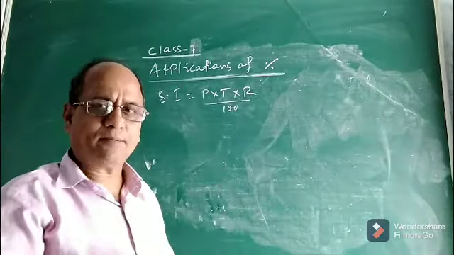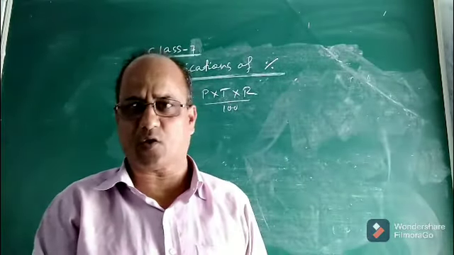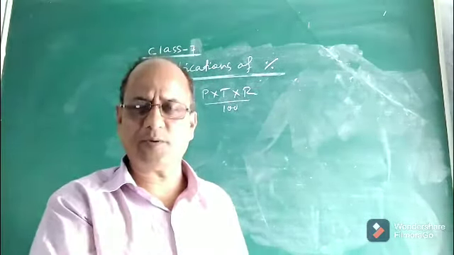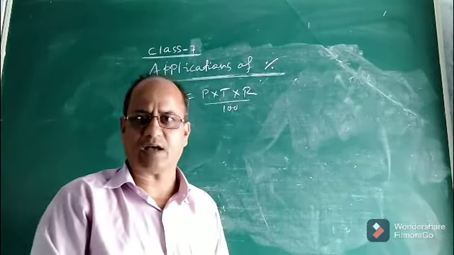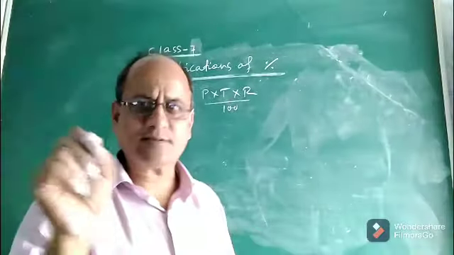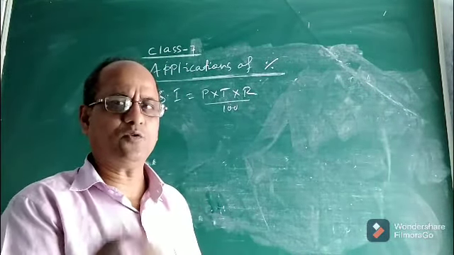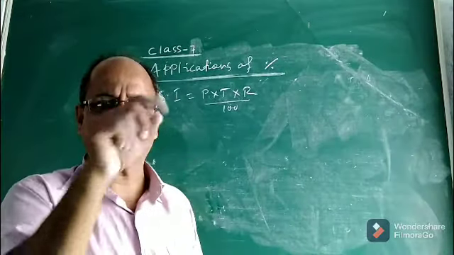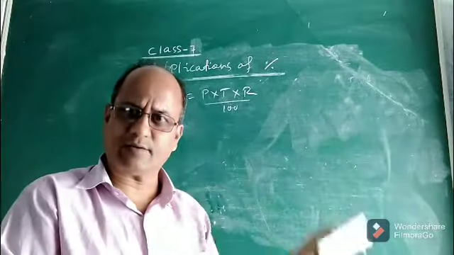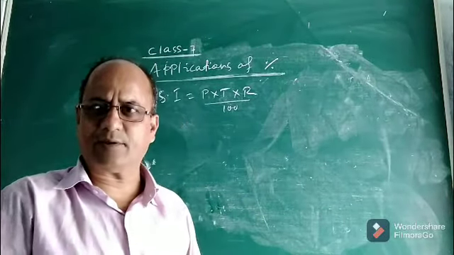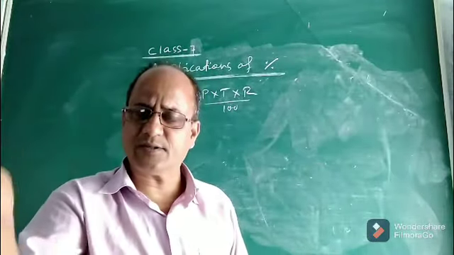Now, the example I was giving a few minutes ago: you keep 100 rupees in the bank, and after 1 year, the bank pays you 10 rupees extra. That 10 rupees extra is the interest, and it is clearly the simple interest. Now, if you close the account, how much total money will the bank give you? The bank will give you 100 rupees plus 10 rupees, that is, whatever you deposited and whatever extra money the bank paid you. Principal is 100, 10 rupees is interest.